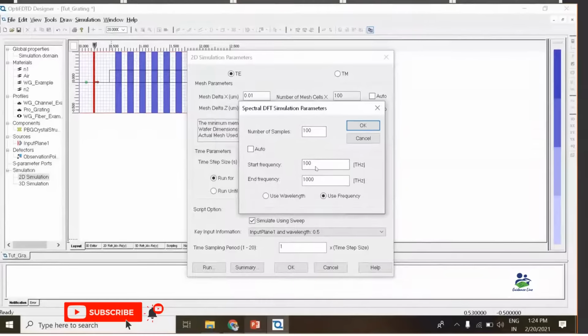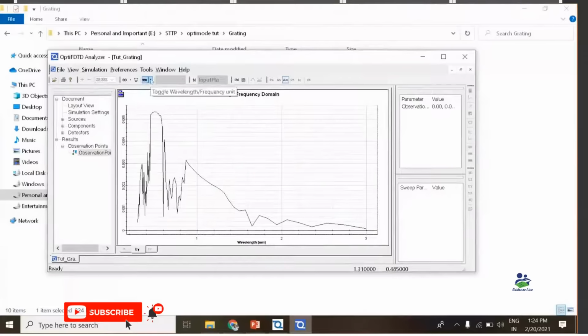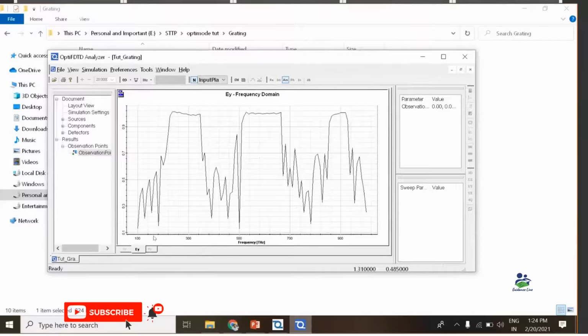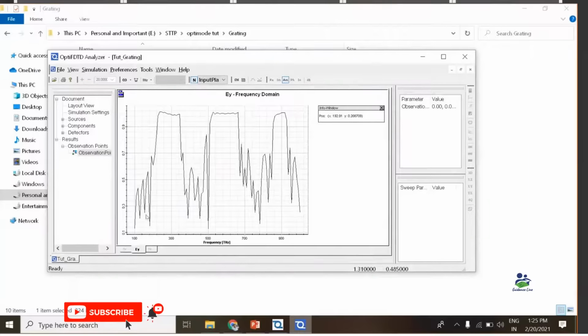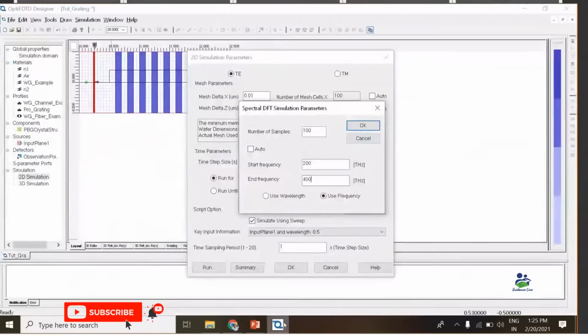And then the number of samples I'm creating from 200 to... okay, so I am making it 100 to 500, so that I get only the first band, the stop band.